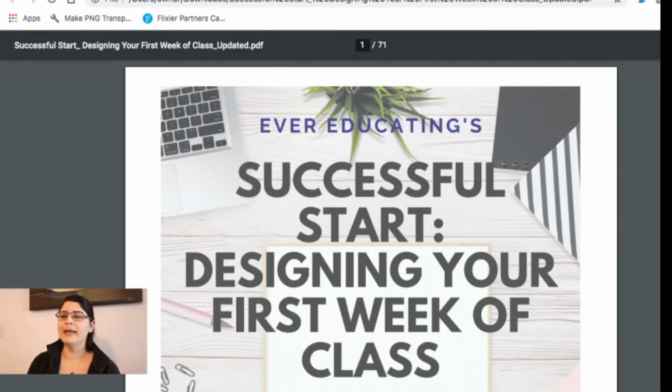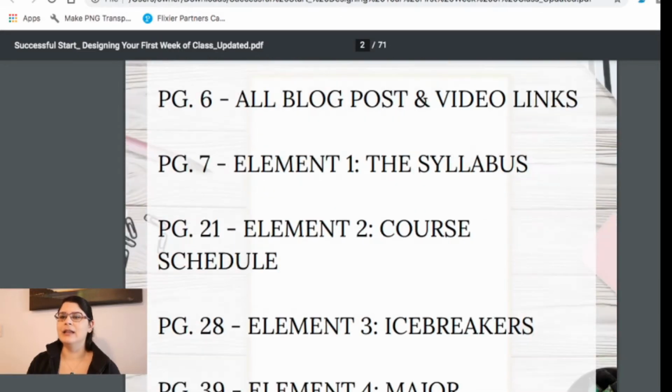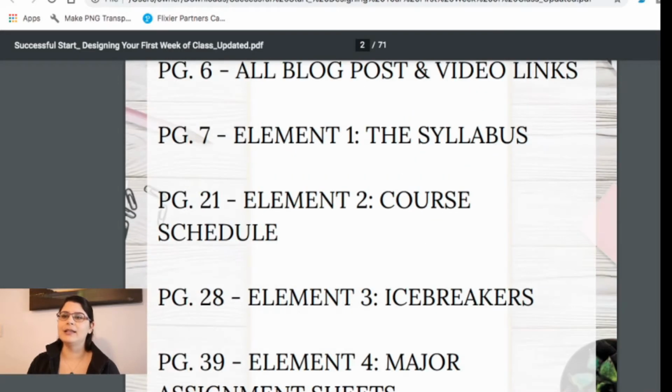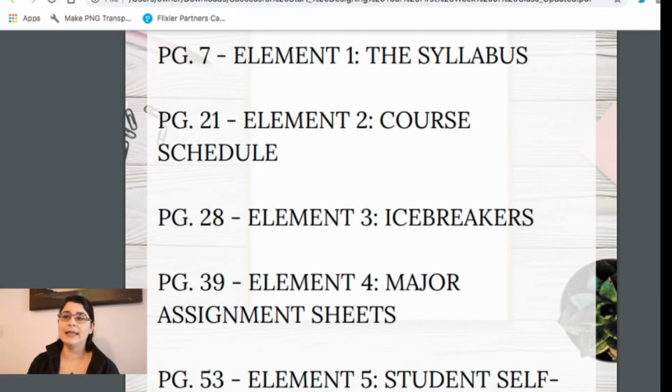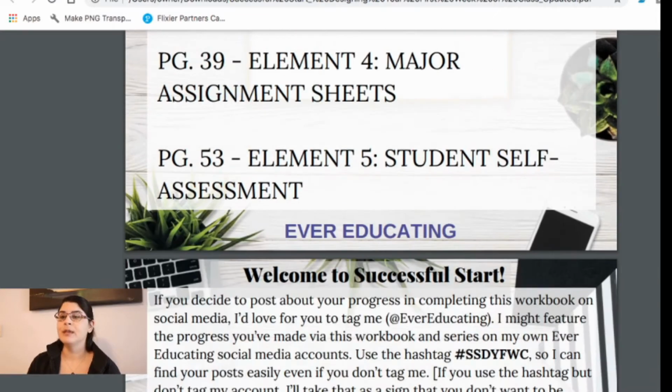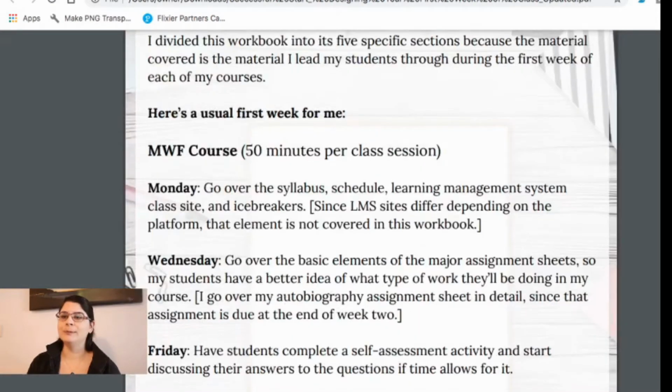So 71 pages. And just so you know, it has here all the sections where you can find it in case you're interested in one particular element and not all of them. So maybe you want ideas for major assignments, or maybe you want ideas for how to design a course schedule and really scaffold it. You can go to whatever section you want in the workbook. But what I have here, if you go on down,